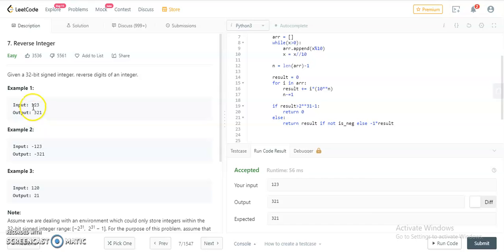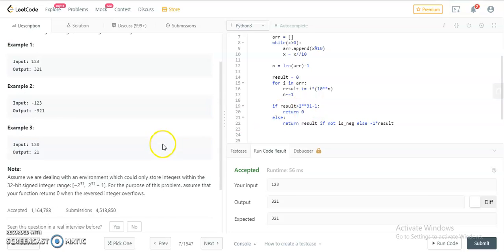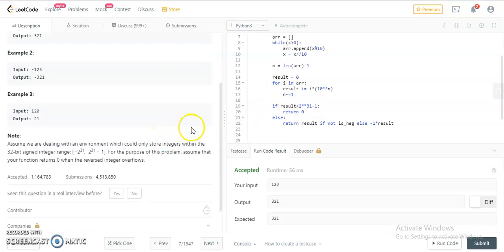That was exactly the reverse of this integer. And after that, I was checking two conditions: whether it is out of the 32-bit signed integer range, or whether it is negative or not. For out of range I was returning 0, and if it is negative then I was multiplying it by -1.